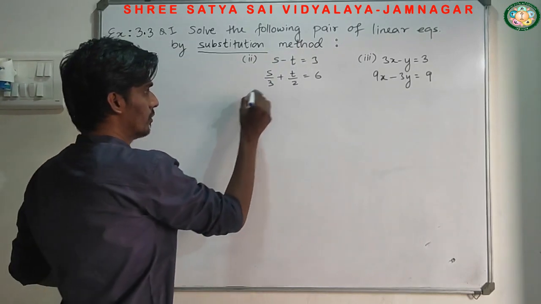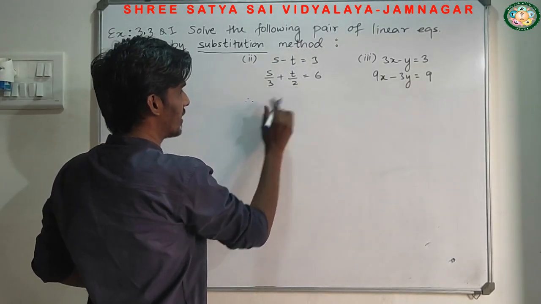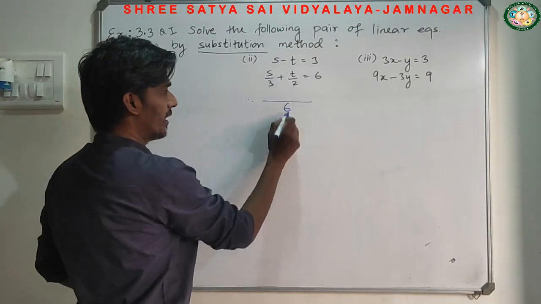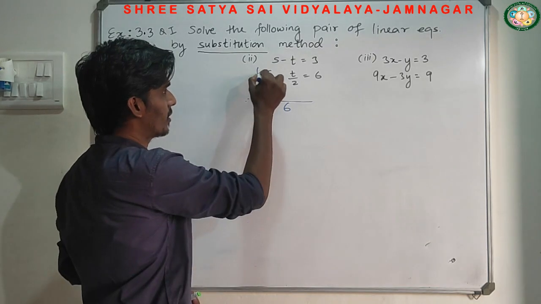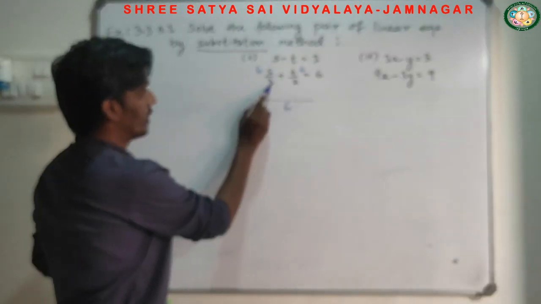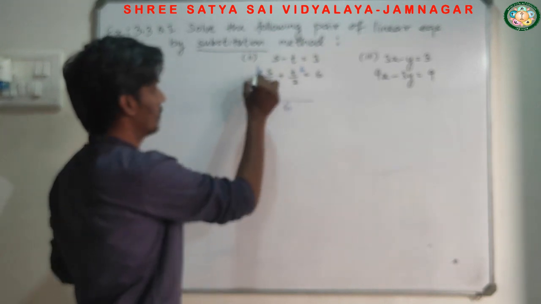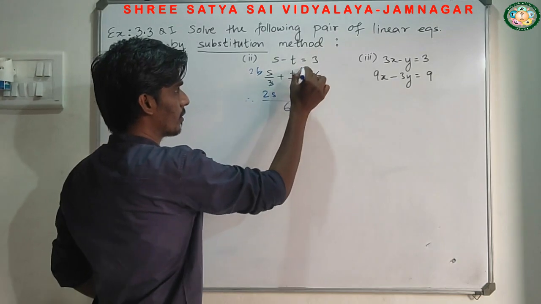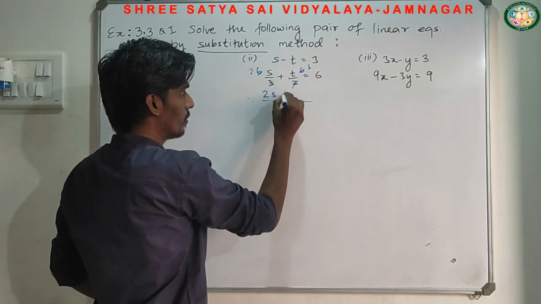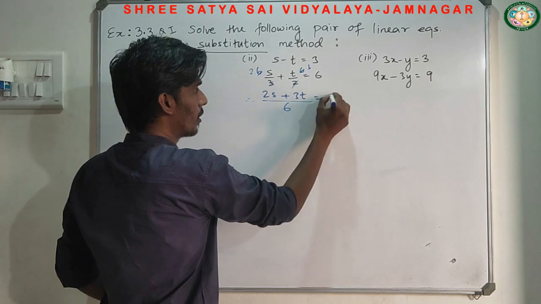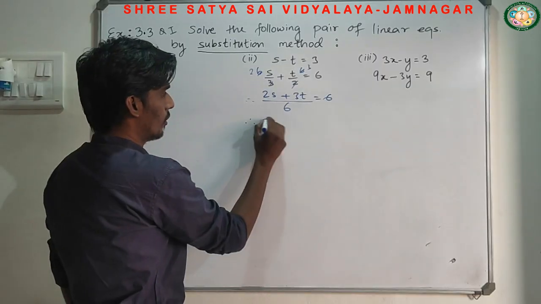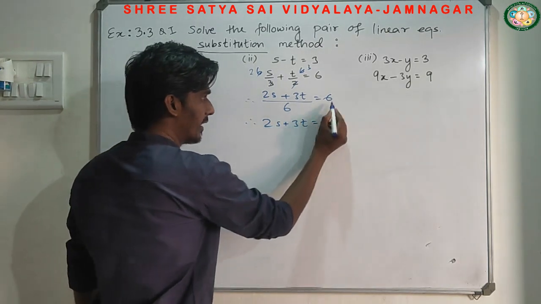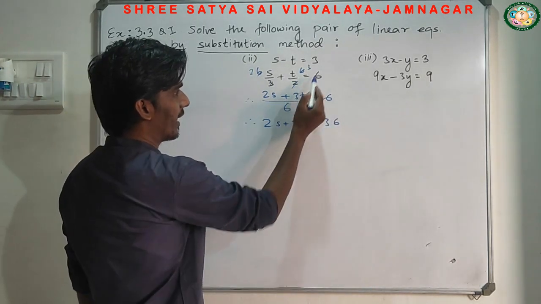For that, with the second equation, what is the LCM? The LCM of 2 and 3 is 6. Assume that 6 is multiplied by both fractions. So 3, how many times 6? 2s are. So 2 into s is 2s. 2, how many times 6? 3s are. 3 into t is 3t equals 6. So now 2s plus 3t equals 36. This 6 will be multiplied here. We can't take this 2 directly here.